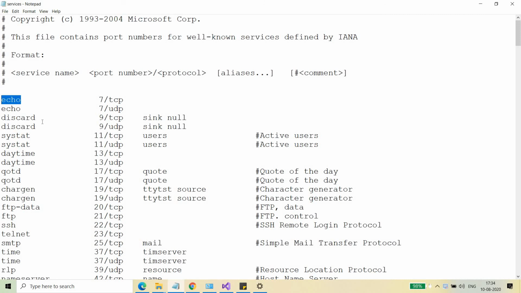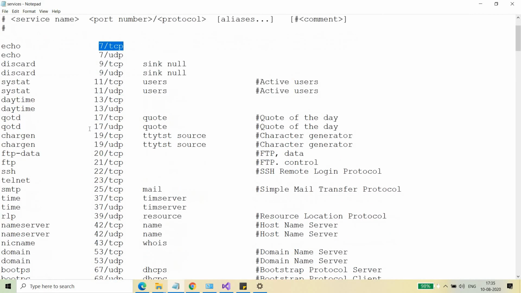You can see the name of the service, and in front of the service name there is a port number and the protocol that this service uses. If you are installing any client program on your machine and you want to communicate with a server running on this machine or some other machine, if you have to use that particular service, then you need to know the port number and the service name to which you need to connect. So you need to find out the port number to which you need to connect, right?